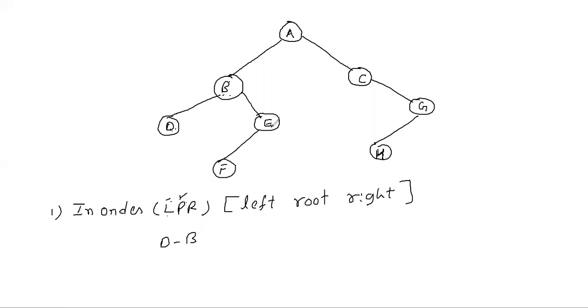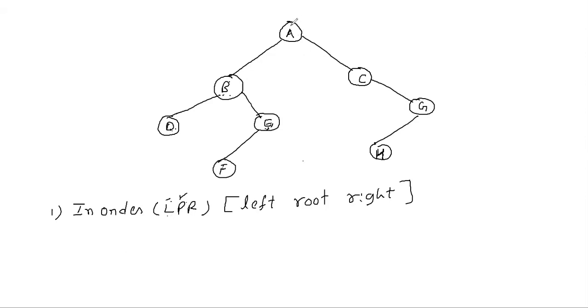Next, after B, the right side. What is on the right side? E. For E, check again whether there is any subtree. Yes, there is. So for this E, go to the left side. What is the left side? F. Again F, what is the parent? E. Is there any right side? No. Listen here, I'm explaining this one more time carefully. What I'm doing is left, parent, right. You remember this order for every tree, and for every subtree and internal tree you have to maintain this order.